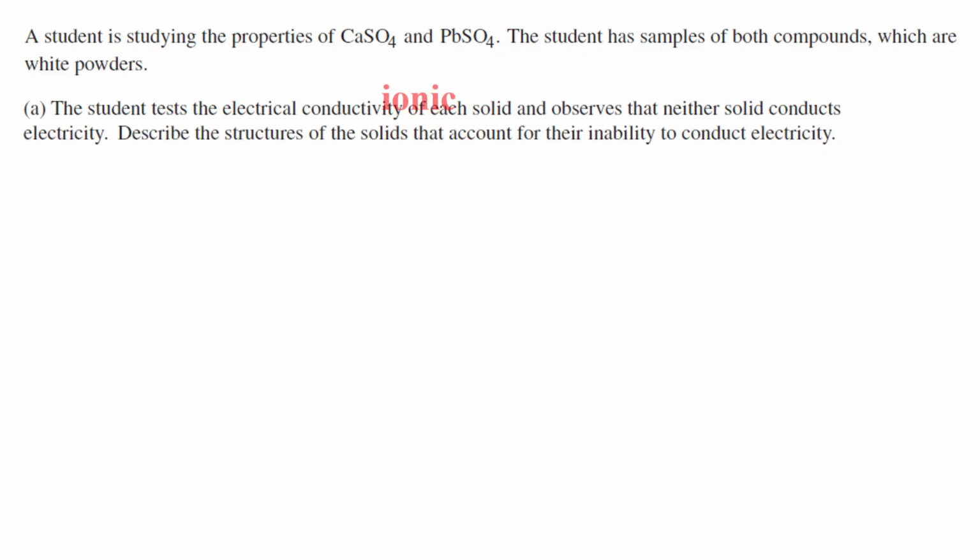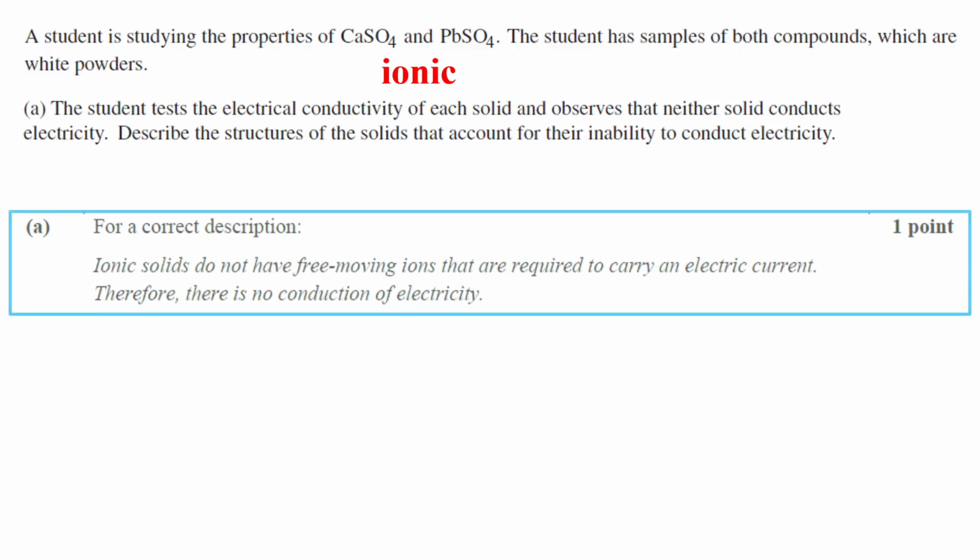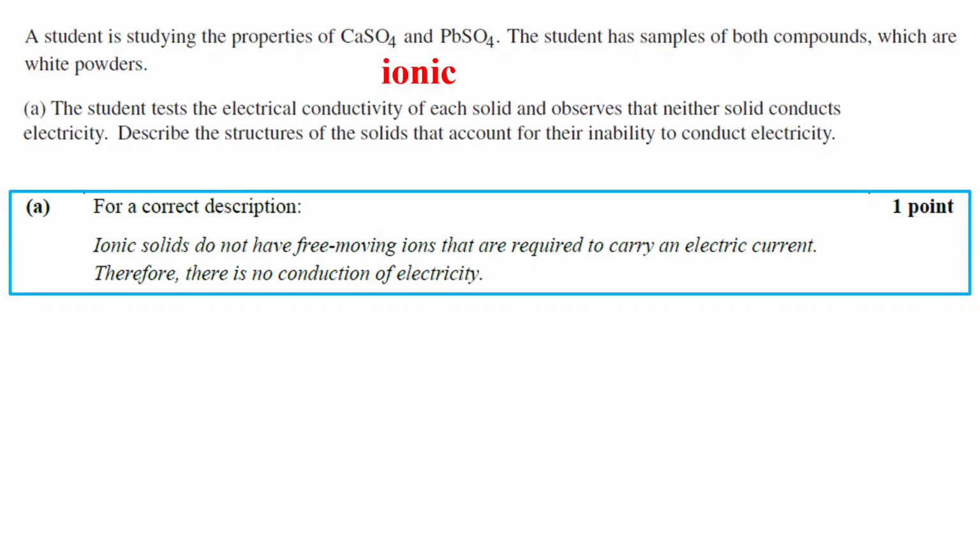Good, they are ionic. If they are ionic, then obviously they're made of charged particles, and so it might be tempting to think that, well, if they're charged particles, shouldn't they conduct electricity? But they've discovered that neither of them do in solid state. So keep in mind, here's the answer, that ions, when they form those lattice structures that we've seen in a lot of different pictures so far this year,